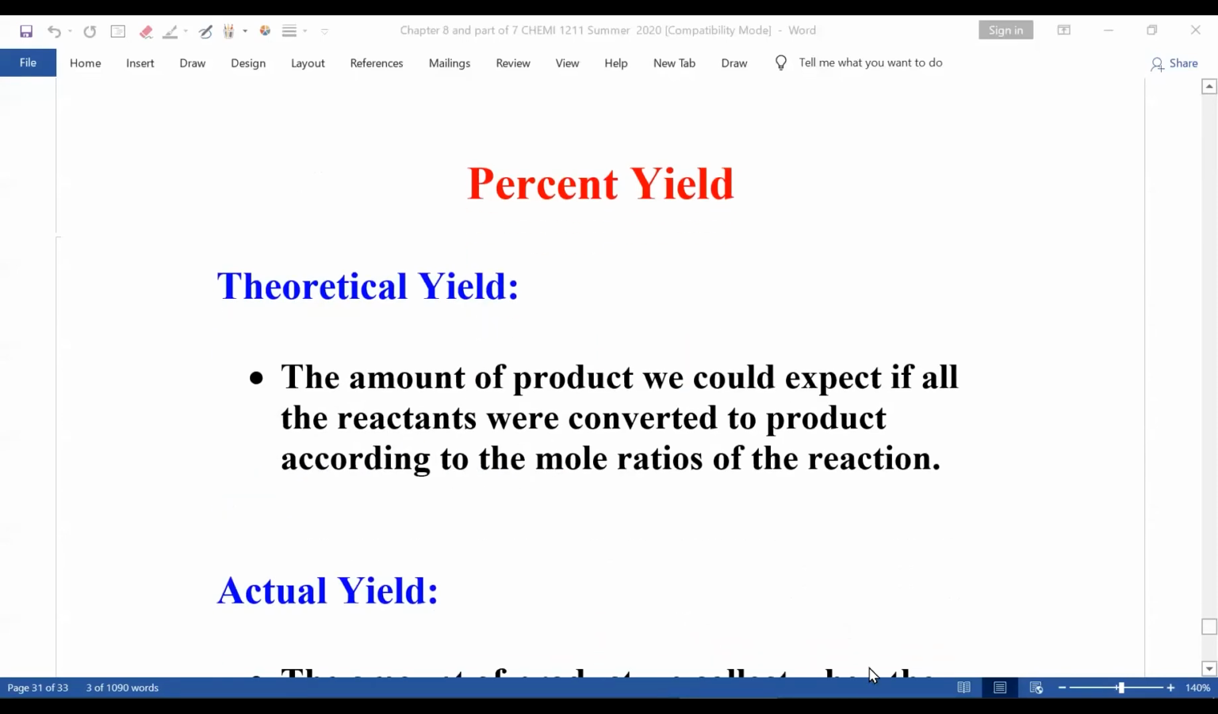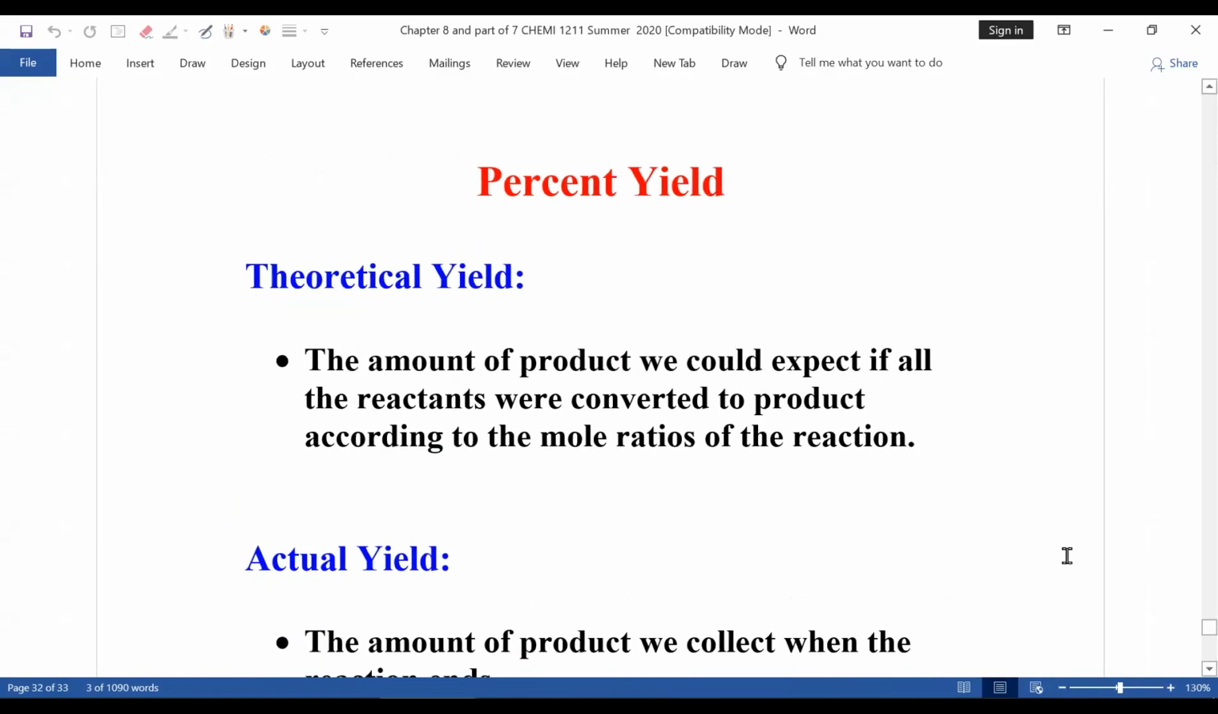Now, there's a very, very important concept in chemistry called the percent yield. Percent yield gives you an indication of how well your reaction went. The higher the percent yield, the better it went. In real life,